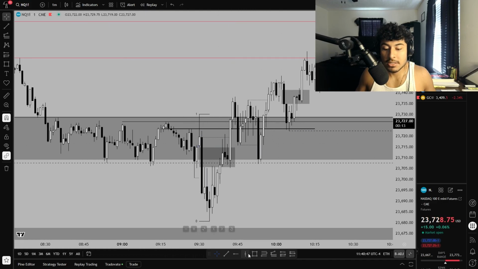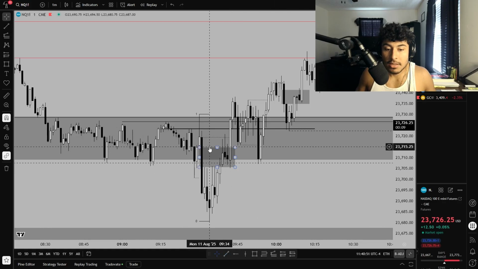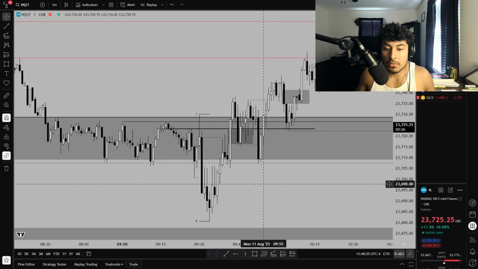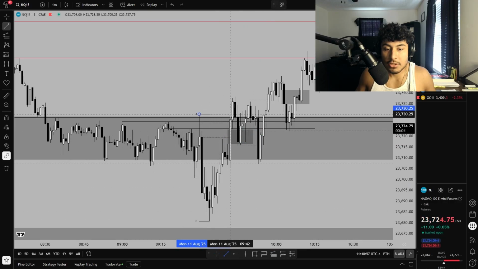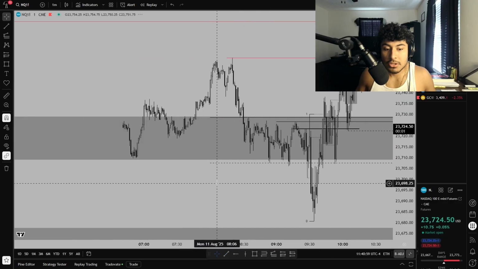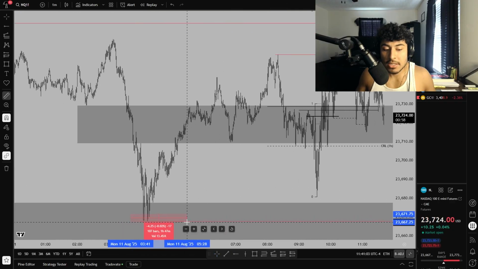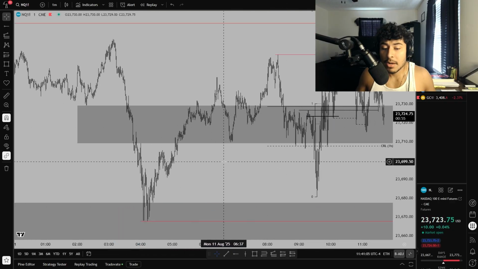We're forming a 1 hour CRT. We didn't have any 15-minute CRT though. That's kind of unfortunate. And then eventually we formed a 2022 model here, so more of a unicorn model for me, and to be truly honest, since we had the breaker market structure right here. We didn't really sweep much liquidity. It would have been better if we swept the external objective to then eventually move up, but then we also